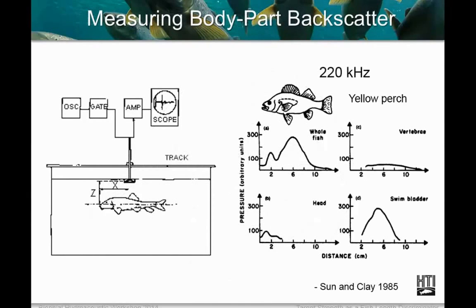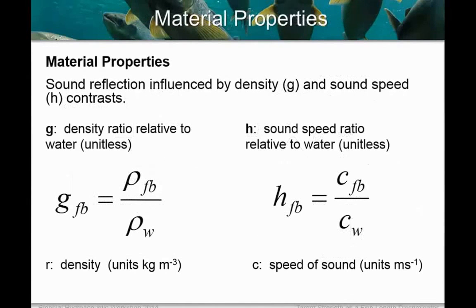I'll just run through this quick. Some other work that was done, again, in very controlled environments with narrow beam transducers, trying to map the various contributions to the backscatter, getting some increase from the head, but the bulk was on a yellow perch on this one from the swimbladder. So just a bit of a history of some of the earlier work,